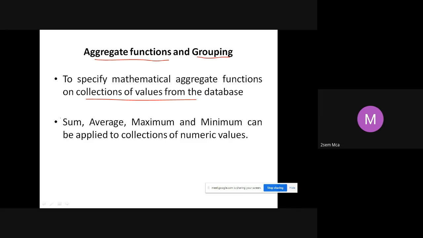What are the possible aggregate functions? We have sum, average, maximum, minimum. All these can be applied on a collection of numeric values. That's why I said you want to apply it on the values of all the records. Count of all employees. I want to find out the count of employees in my department, or in every department, how many employees are there. So then I apply count as an operation. So count becomes an aggregate function. We are applying it on a collection of numerical values, means we are applying it on all the records, the collection of the entire record. That's why you call it aggregate. You try to combine, that's called aggregate.